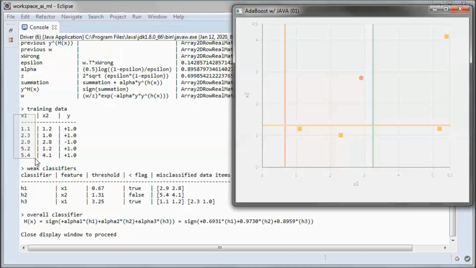So this is the x1 column, and this is the x2 column, and this is the label. So those are the +1 data items. They are represented with this color and shape, and this is -1 data item.